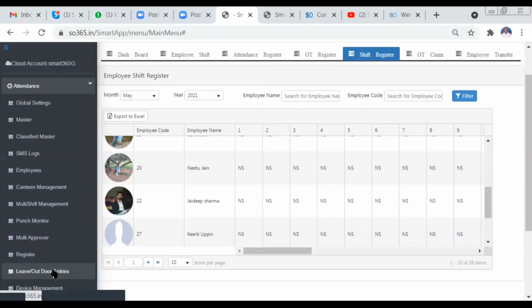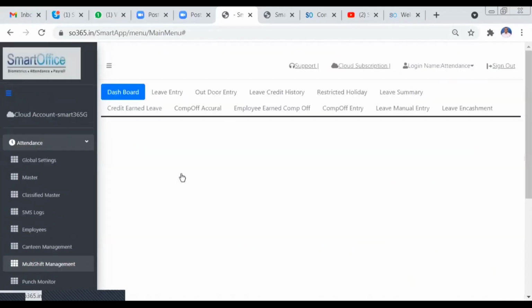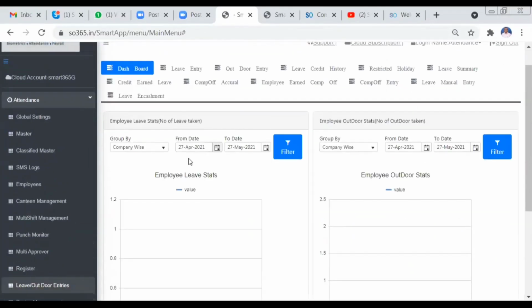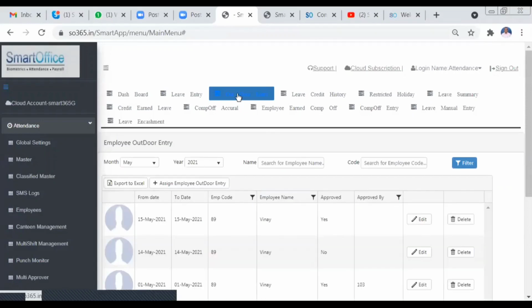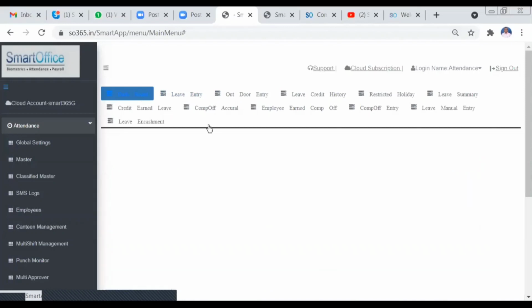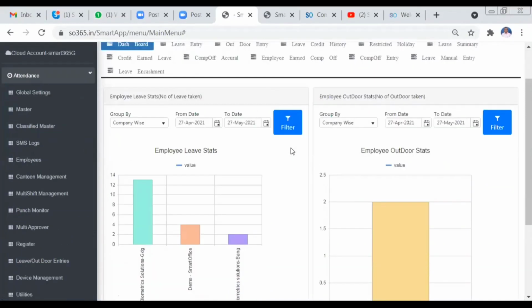So you have a leave or outdoor entry option. This is a dashboard. Again, for each of OT and leave entries, you will have a dashboard. For example, leave status: how many employees have taken leave. You can check group wise also.